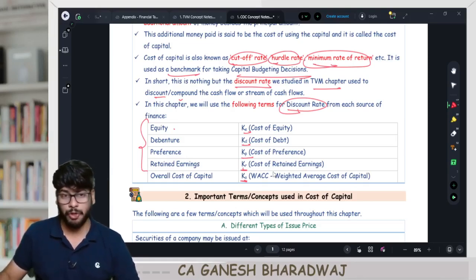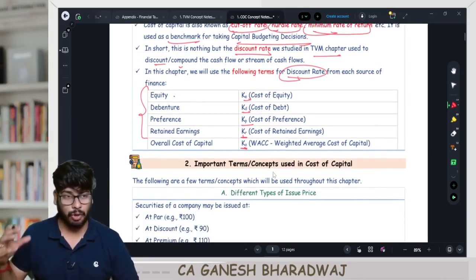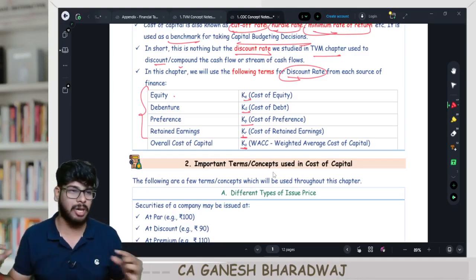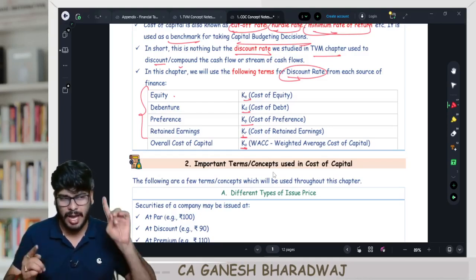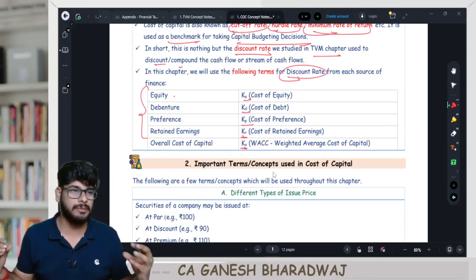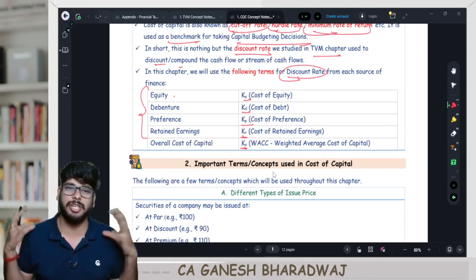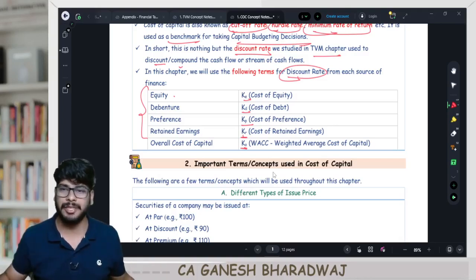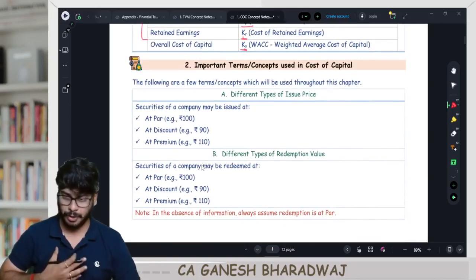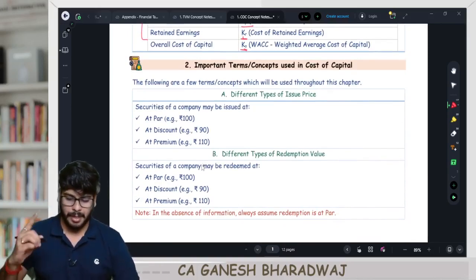Right. Now, before you enter into the core of cost of capital, there are certain important terms or concepts that you need to understand. So every chapter before we start, I have this segment called important terms or concepts used in this particular chapter, right? Similarly, we'll be doing it for this chapter as well. Shall we get started, guys? Now, number one,